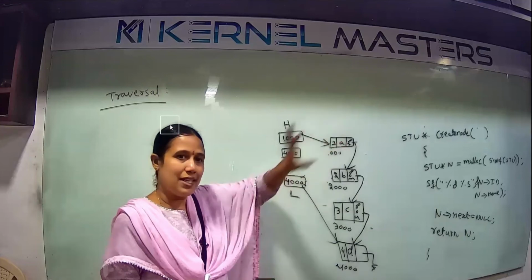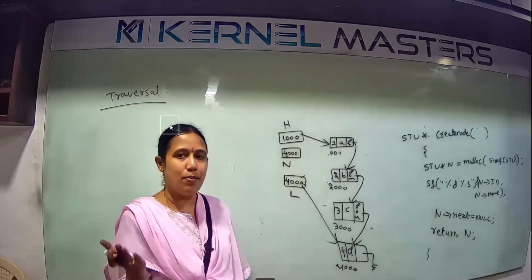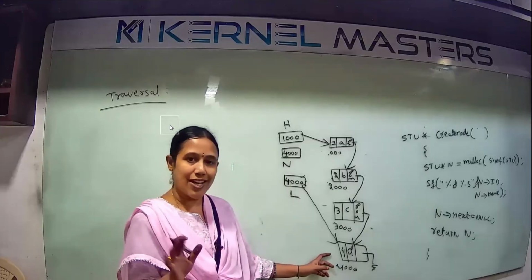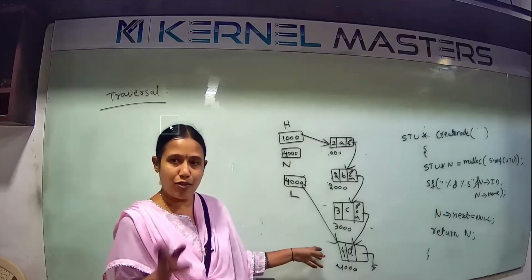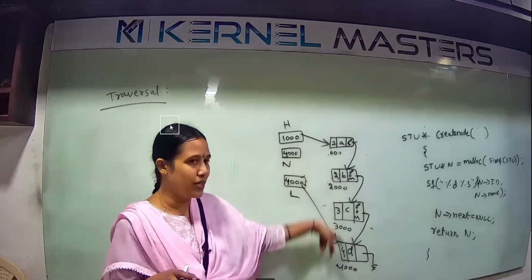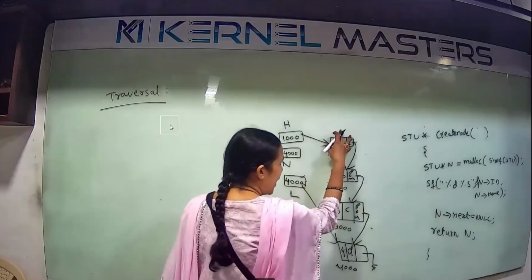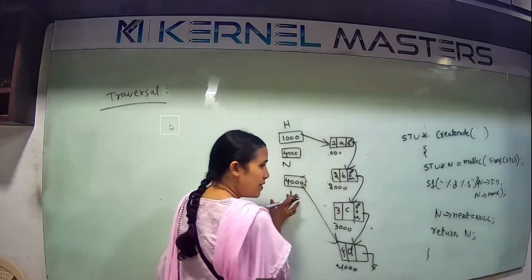Okay, because in a linked list you will always assume that you have the head pointer in your hand. That's it. Even if you remember the last node, you can't assume that the last node will always be available. You have to write the program using the head node only. Right? So the head pointer you have in your hand, and the last node, even if you have it, is useless